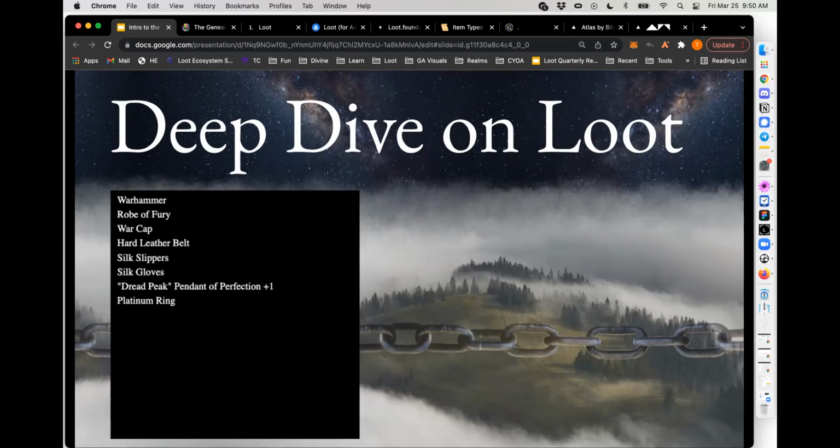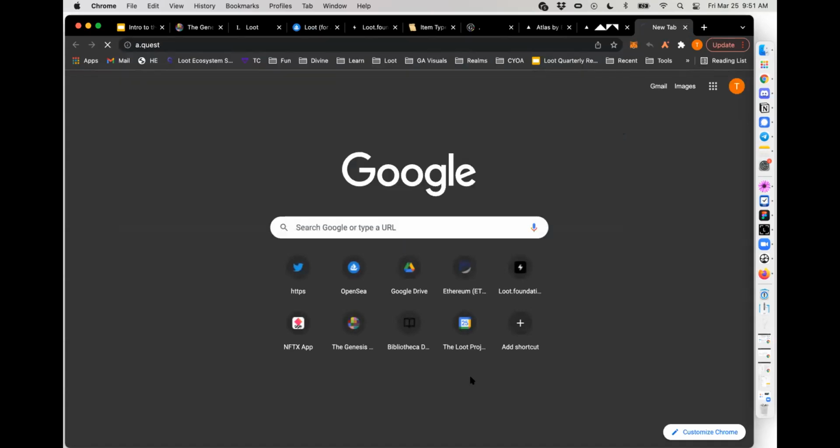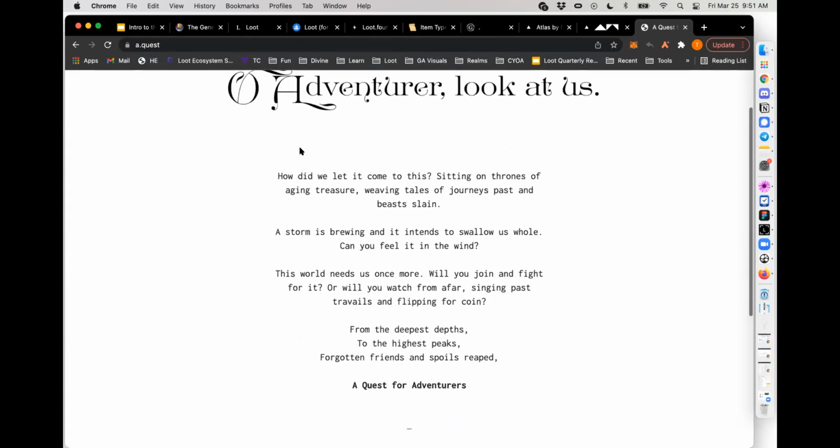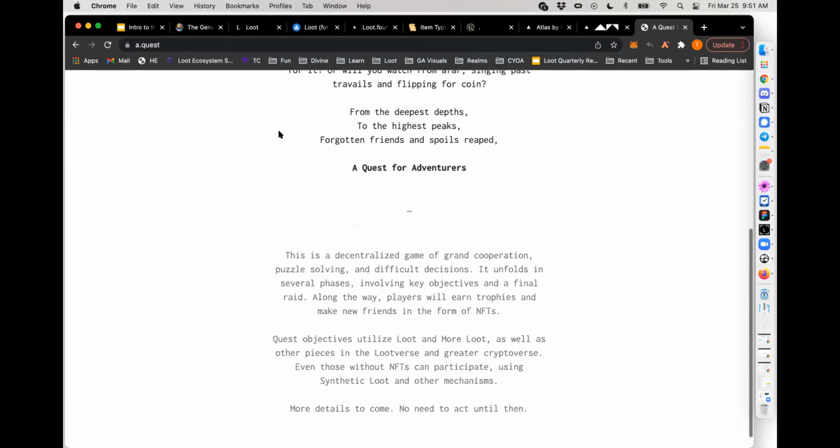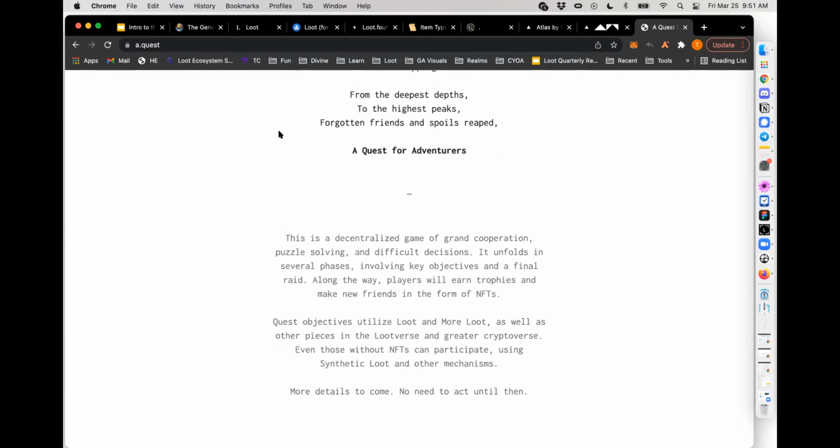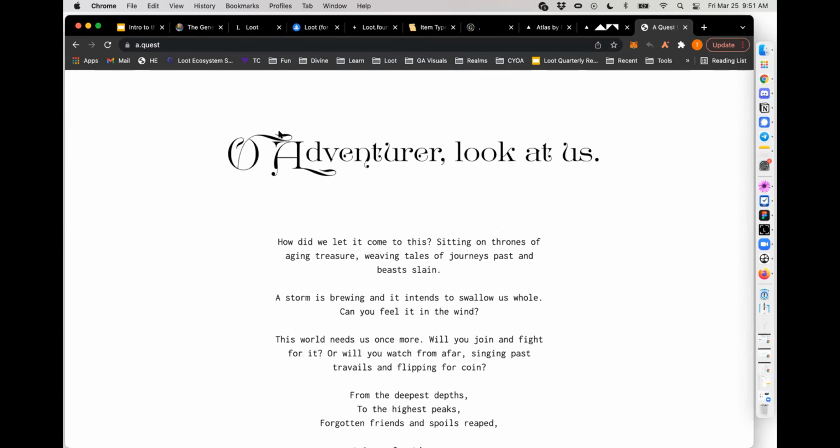The other thing I can share that I think Dom has been public about is that he has had this vision, maybe a seed of a vision in his mind, around building a quest for Loot. He actually calls it a.quest. If you go to a.quest, you can see he's got a landing page here, and this has been up for a number of months. I don't want to speak for him too much, but this is a big idea and a big undertaking, and I think it's got a lot of rough edges.